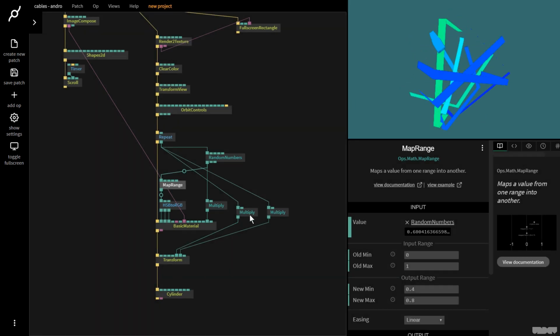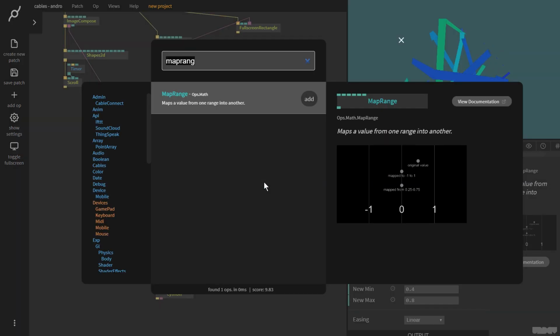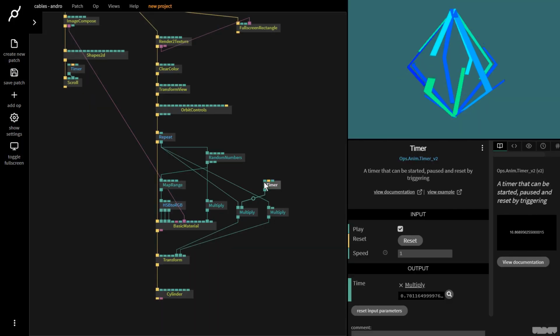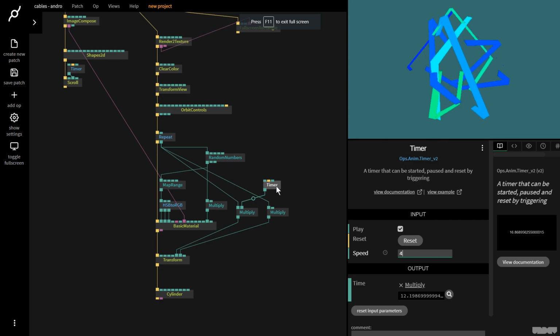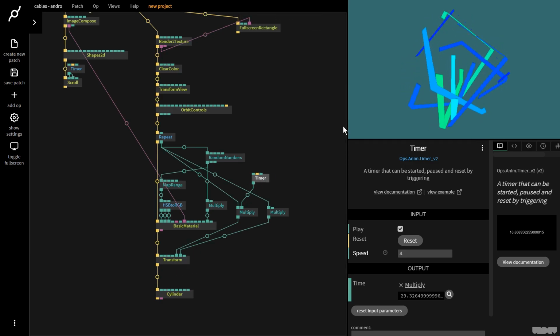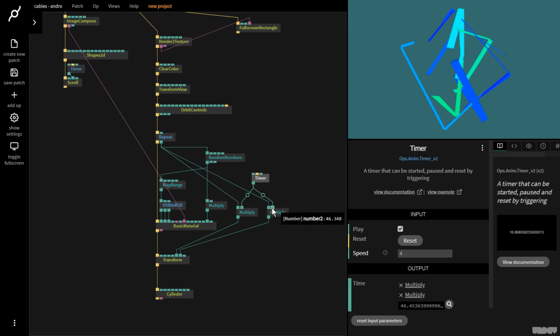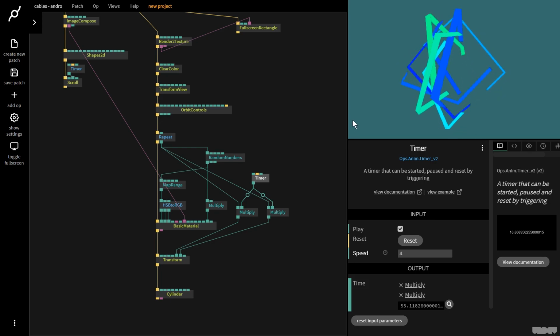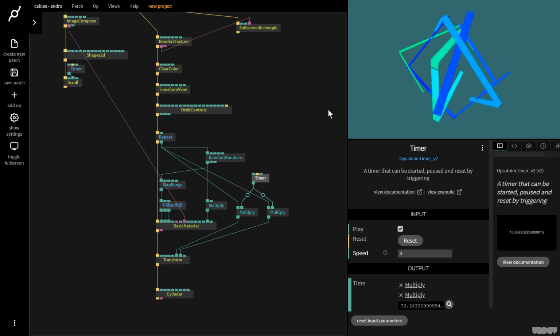So let's say I want to rotate everything now. I could plug a timer into transform view. I could also just plug it into here. And let's turn that up. And as you can see, we're now rotating each of the instances from the repeat on this x-axis. I could now plug this into here, or use a different timer, and then we're rotating them on X and Y. So we're already pretty close to the look in the original